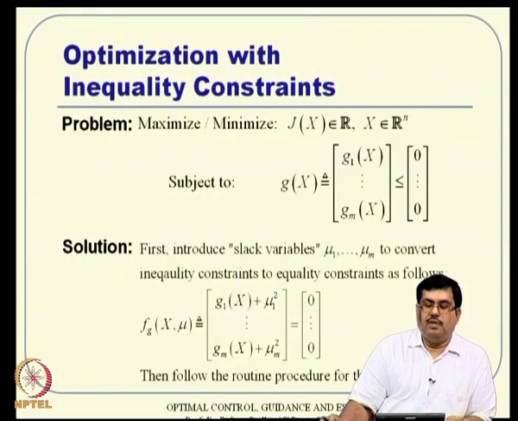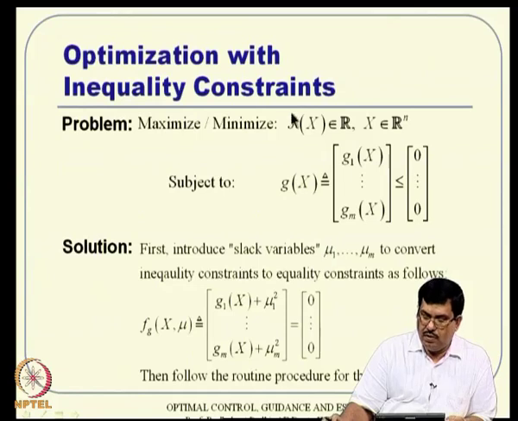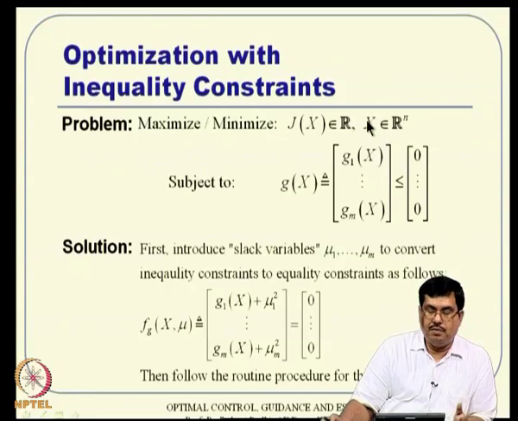So, let us first see the problem definition. What you really want here is to minimize or maximize this J of x. Again, the cost function or objective function is always a scalar, but the number of free variables can be n dimensional. That means you have n free variables to choose from in different combinations. But this particular objective function is now subject to these constraints g 1 to g m less than or equal to 0. Now, remember this also embeds the equality constraint, because you are considering less than or equal to 0 here. If it is equal to 0, then it also satisfies that.